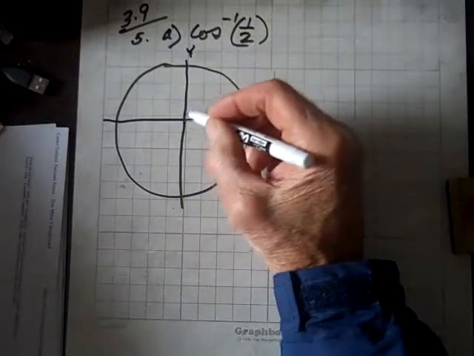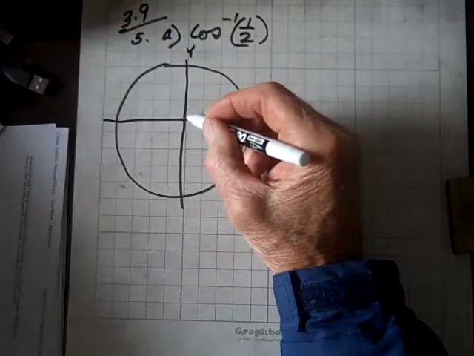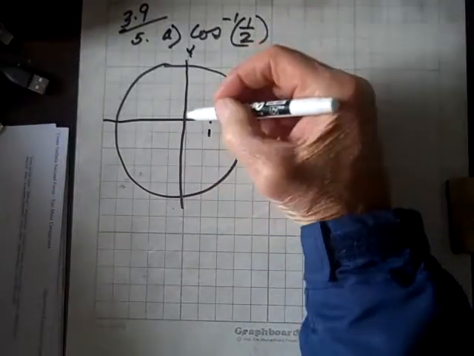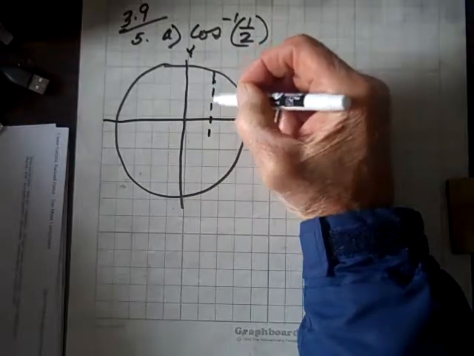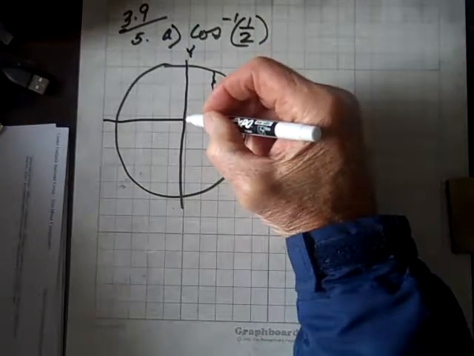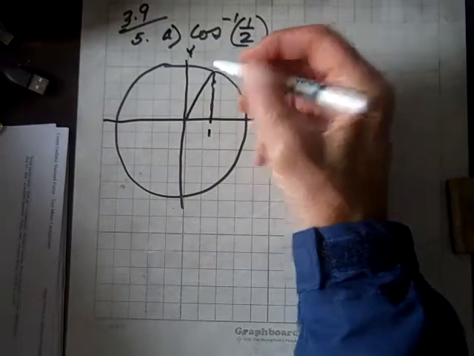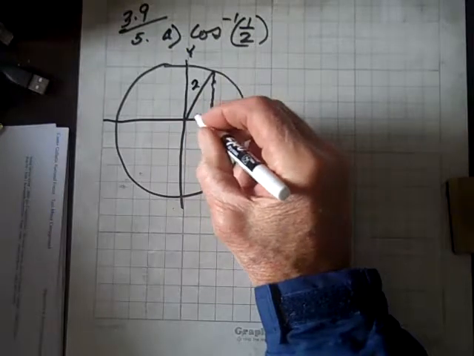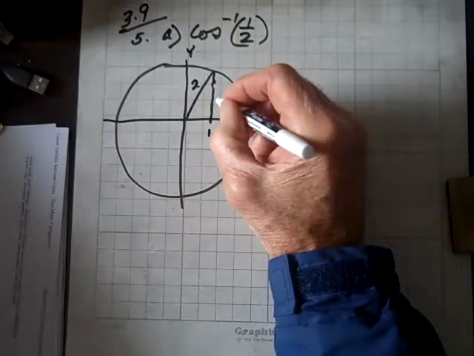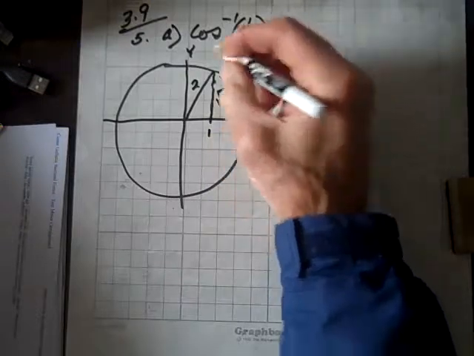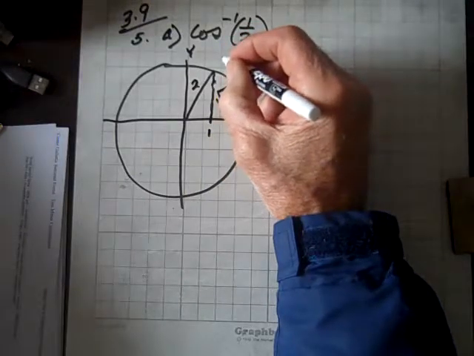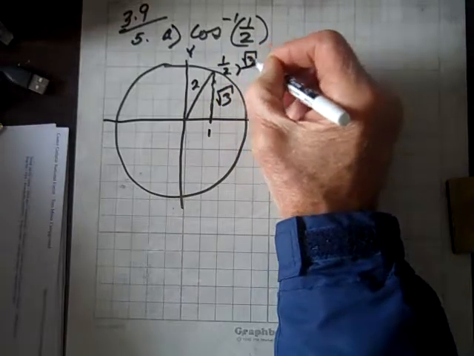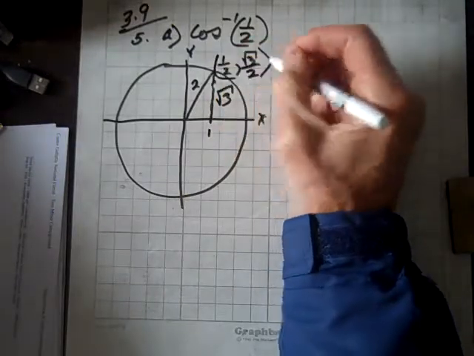That means that we're going to go over 1 and up and have a radius of 2, and if we use the Pythagorean theorem with the length of this side 1, the length is going to be √3. So the coordinates of this point are 1 over 2 and √3 over 2, and that corresponds to